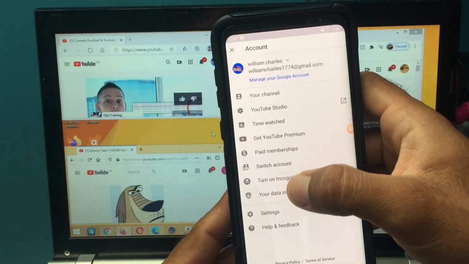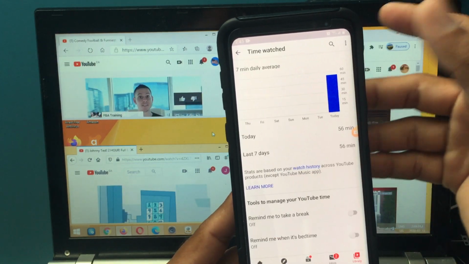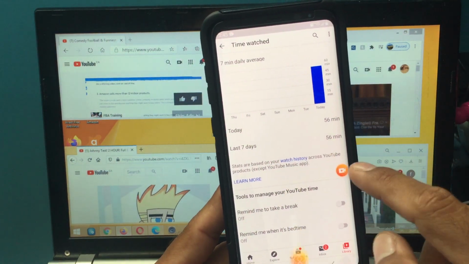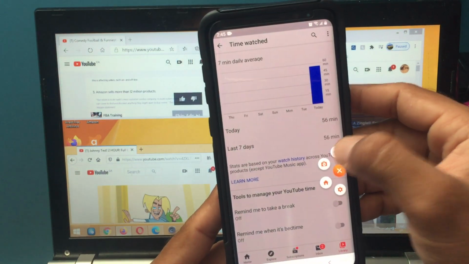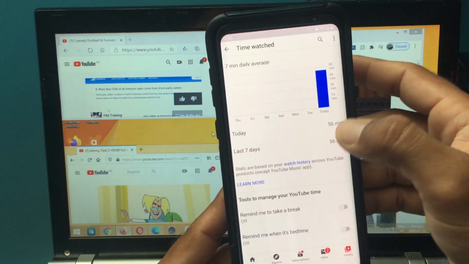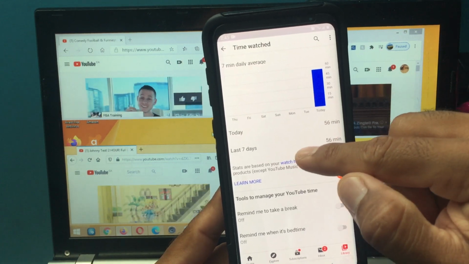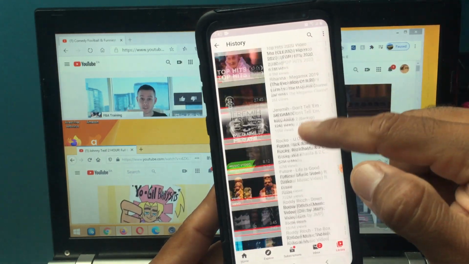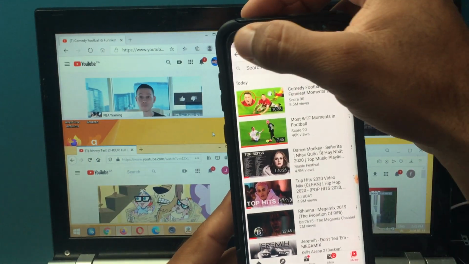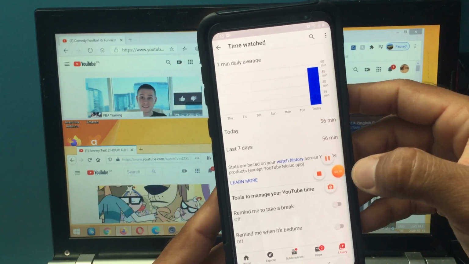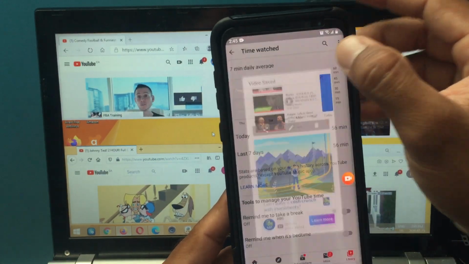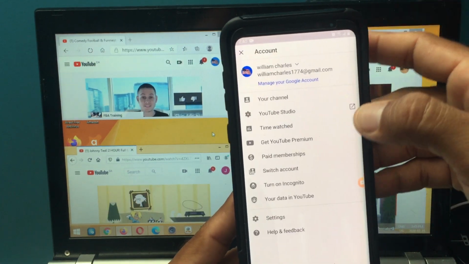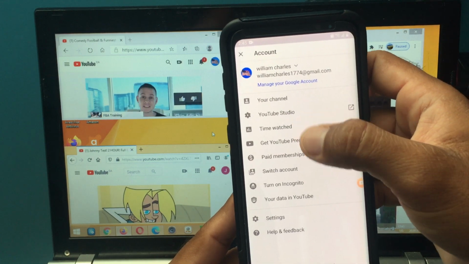Again, if you want to take a screenshot, it's the same thing. This is the little screen recorder logo. Click here, record. 3, 2, 1. So it's recording. You also need to record the video. Click to watch the video. So this is also recorded. Go back and I'm going to stop recording. This little clip again goes to the screen recorder app, and from there you can share with anyone.